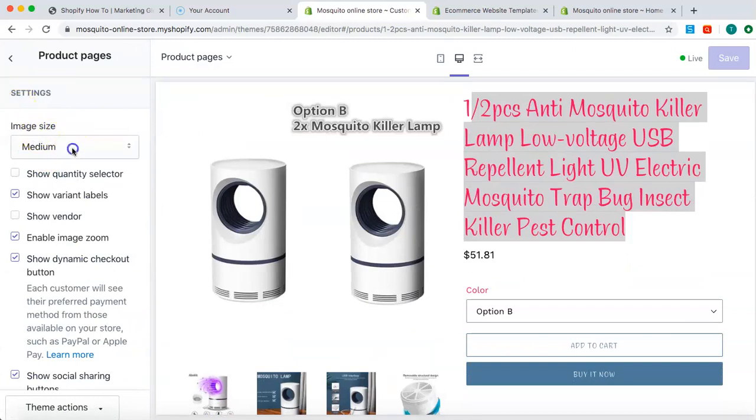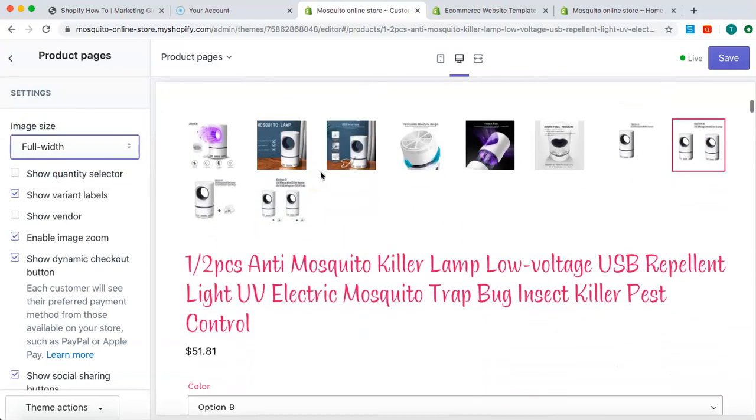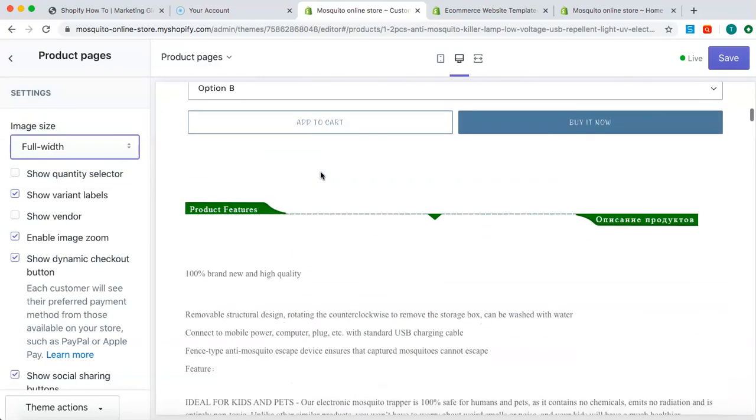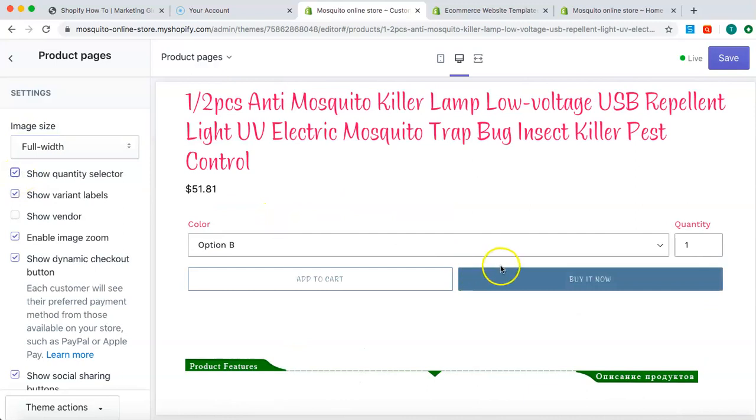So image size. Do you want to have medium, full width? What kind of image size do you want to have, depending on your product? I like full width. Just try and keep things simple though. This will show quantity selector. So you can choose how many quantities you want. Do you want 1, 2, 3? Always good. I like to keep that on, guys, because it just reminds people that they could buy one for